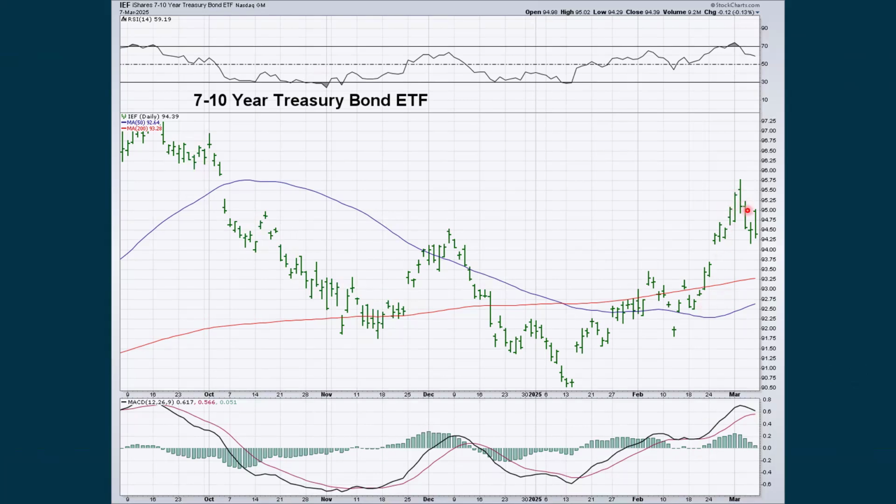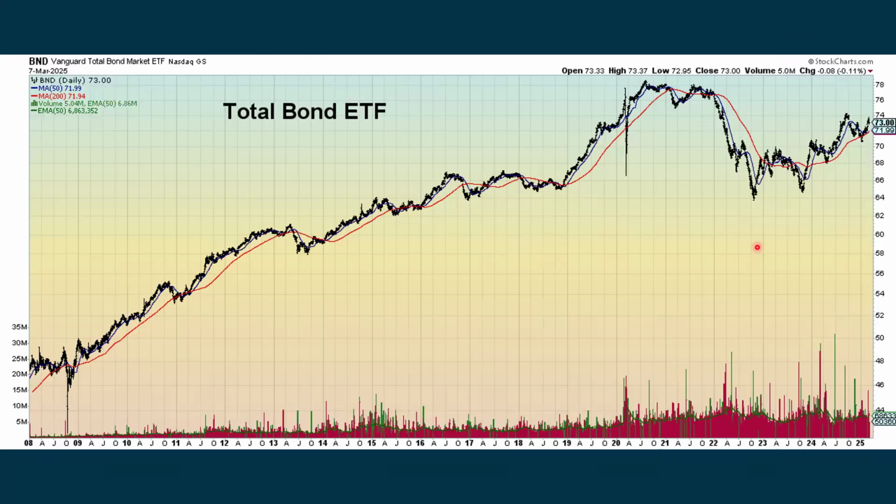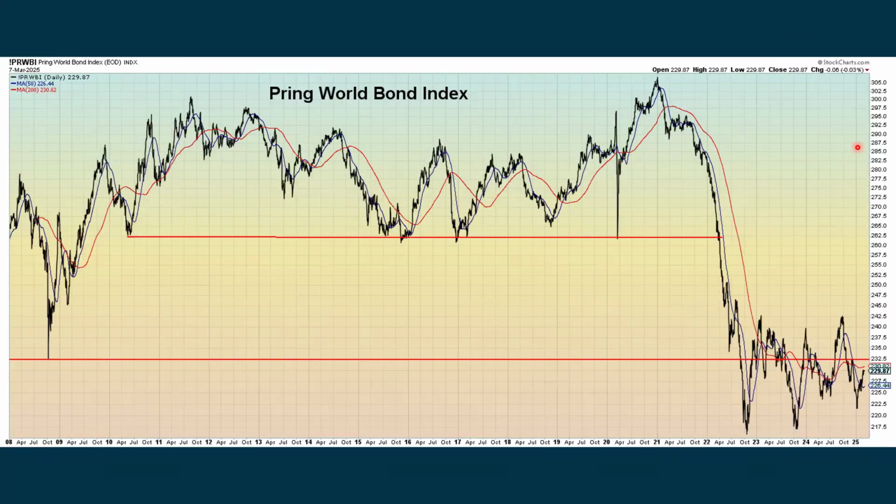coming down. But over the last few sessions, bond prices have been coming back down. But we're holding up. This is the total bond ETF, which is coming up above its 50-day moving average, still in an uptrend. The Pring World Bond Index, though, is in a downtrend, but it has been bouncing back up